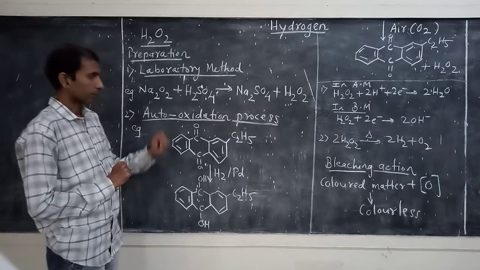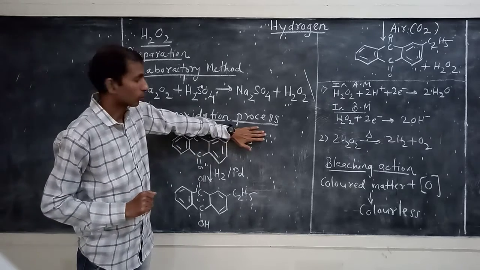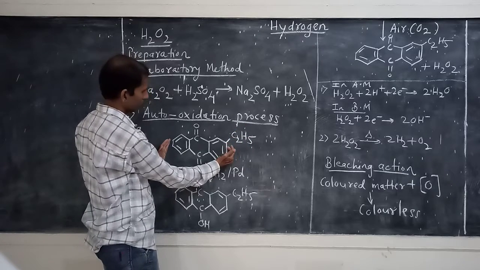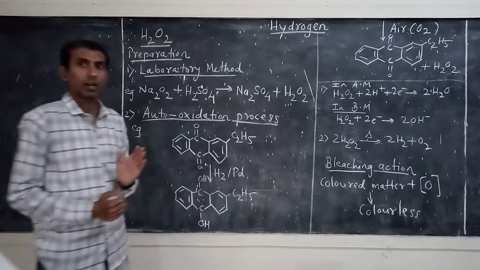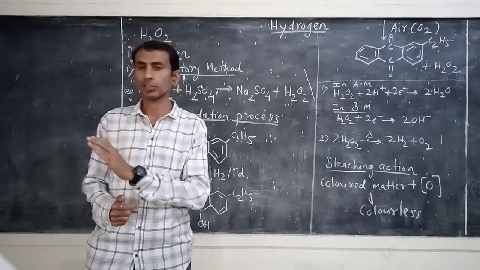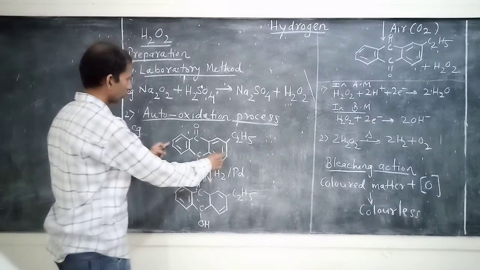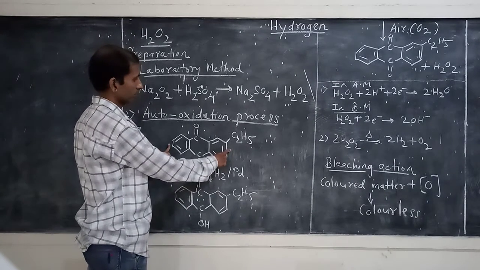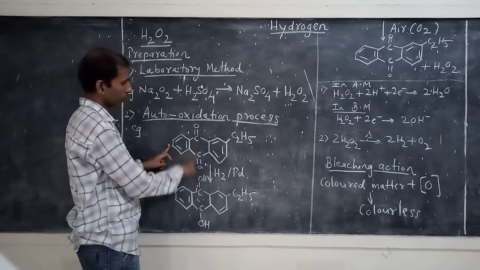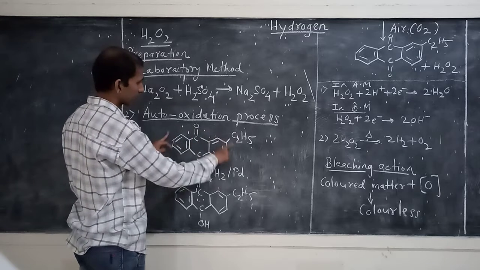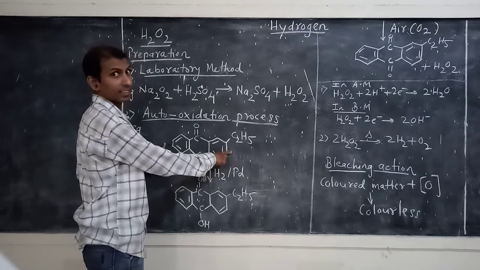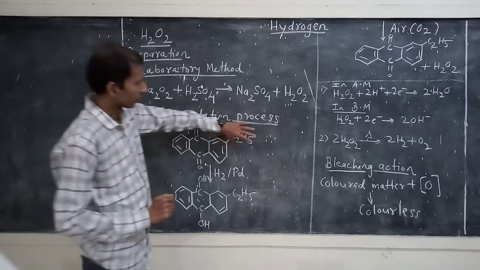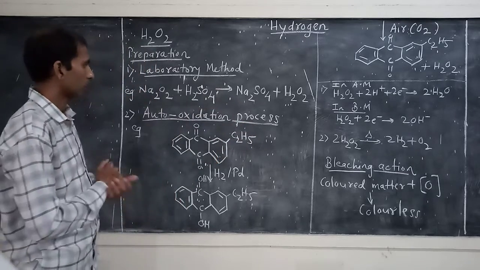Look at this compound here. Forget about this ethyl group, C2H5. If you just forget about this group and look at this main structure here, this is called anthraquinone structure. Okay, this much part. This is anthraquinone. Two ketonic groups are seen here, and this is the anthracene part. Anthracene. That's why the structure is called anthraquinone. And here we have an ethyl group on the right hand side.